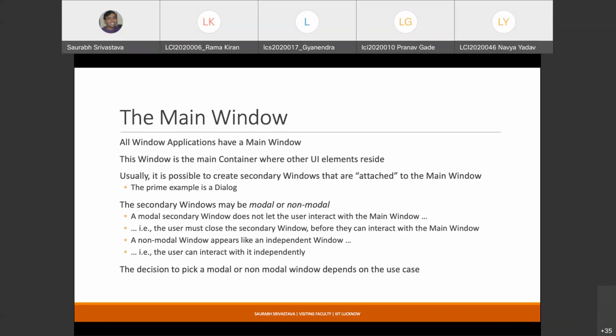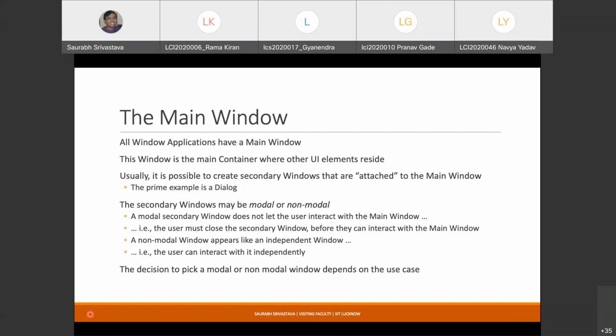A typical example is these alerts that come up on browsers. You cannot go back to the web page before clicking on OK, right? If you do not click on OK, you cannot go and interact with the web page. So this is an example of a modal window where the secondary window blocks, I mean, it basically blocks access to the main window. You have to first close it.